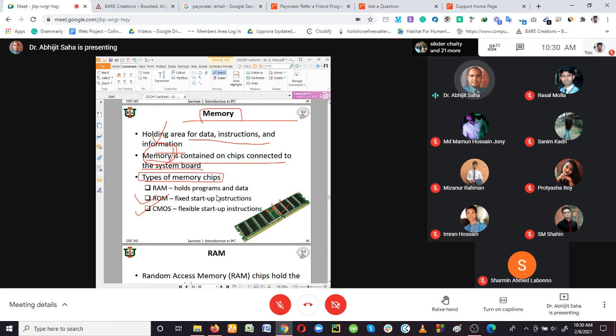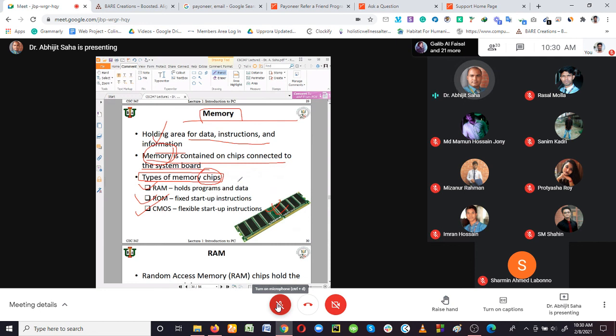I mean, what is the number of chips, the different types of memory chips? Can you please tell me the different types of memory chips? If the word chips has been used, then you should tell that there are different types of chips: the RAM chip, the ROM chip, and the CMOS chip. If it asks you to discuss the two types of memory,